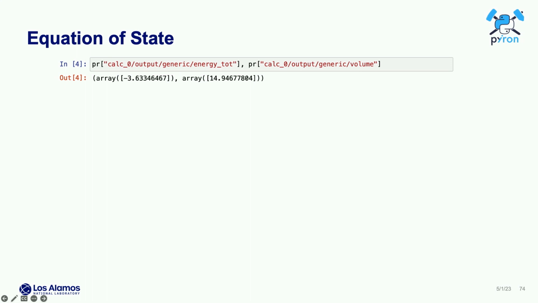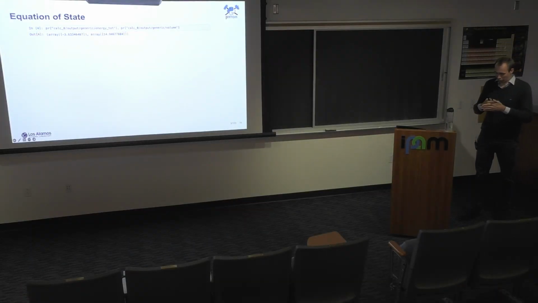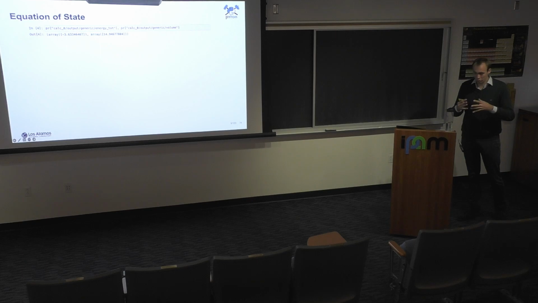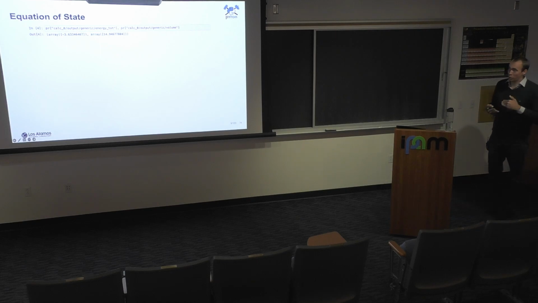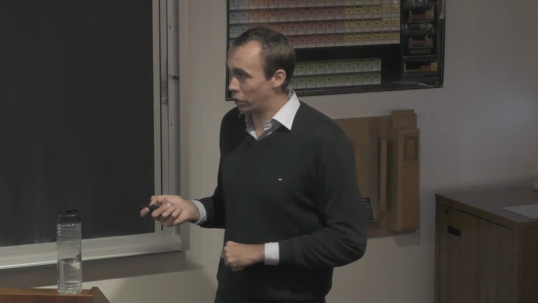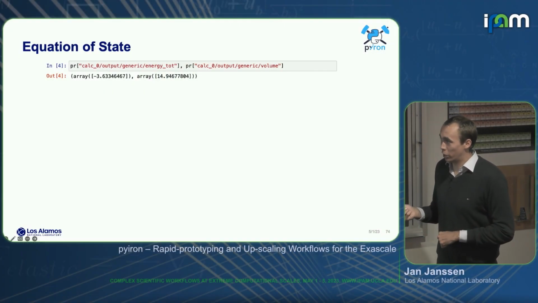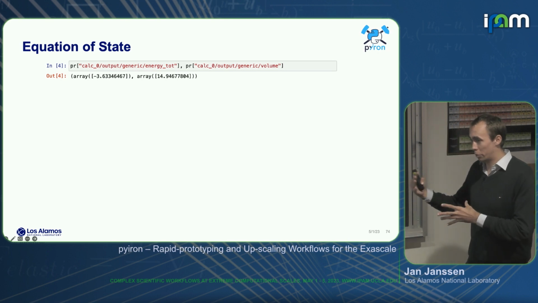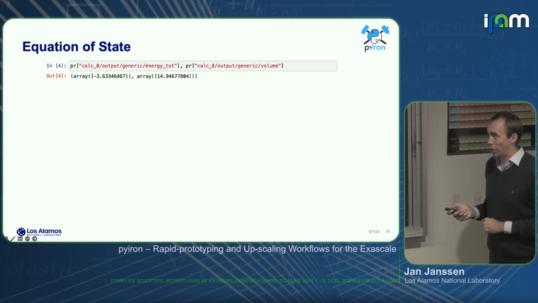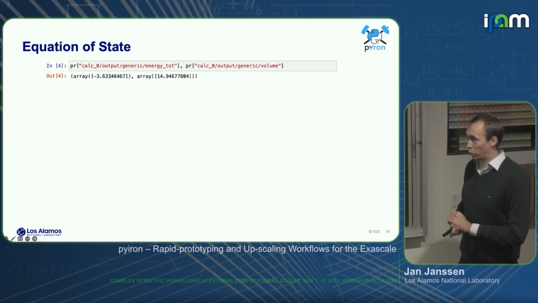And now the first part where this kind of technique of Pyiron comes in, if we now want to access our data. I previously said, right, so we have the project, which is a folder on the file system. We then really have like a semantic path that, starting from the project, you can navigate through the whole data structure. Right, so that's what you see here. So I created my calculation, that is here calc 0 as you saw. Then I go into the output, the generic part, so that's the part that's independent of the specific simulation code, and get the total energy as well as the volume. So maybe I want to plot an energy volume curve.